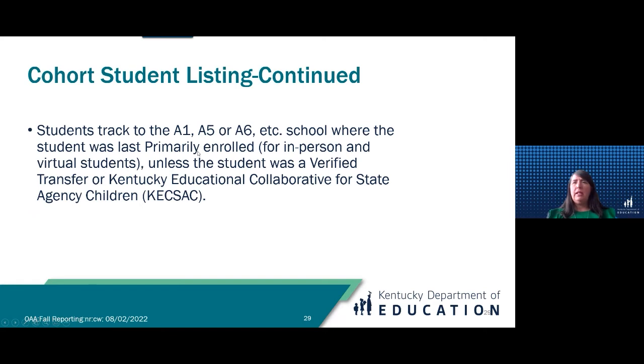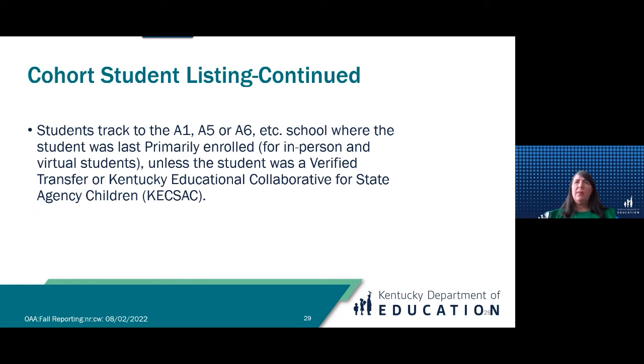And if you didn't get a records request from a district and their last enrollment was with you, that's where that cohort is going to go. That student is going to come back to you. So you want to make sure that you do have a withdrawal code. If you had a records request and that school requested it, there should be a valid withdrawal code in Infinite Campus. So check the primary enrollments of your students.